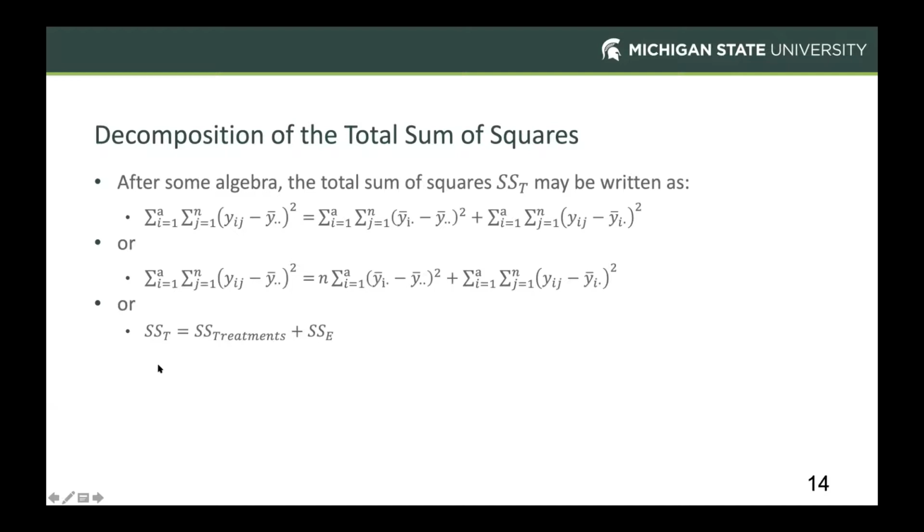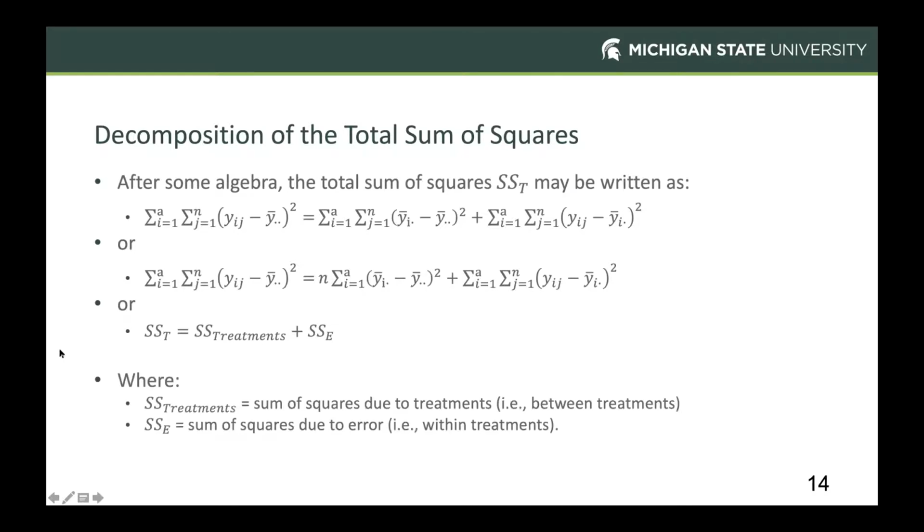And what we'll tend to see here is if there is in fact an effect of that grouping variable, this quantity will tend to be relatively large relative to this quantity, as we'll detail subsequently. Another way of thinking about that is the sum of squares for the treatments is basically telling us how much variability is occurring between the different treatments. And our error sum of squares, in contrast, is giving us an assessment of how much variability is occurring within